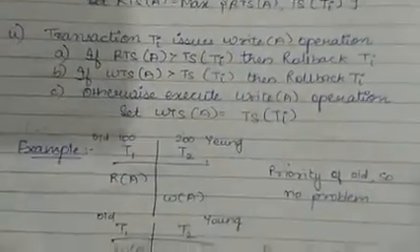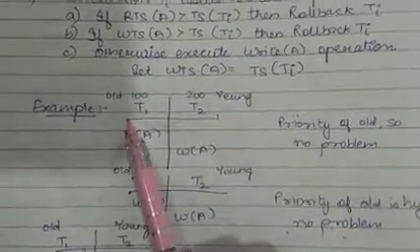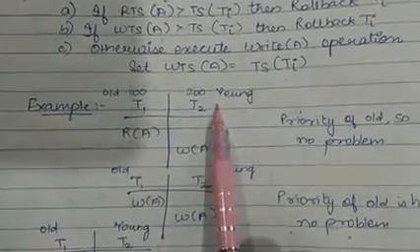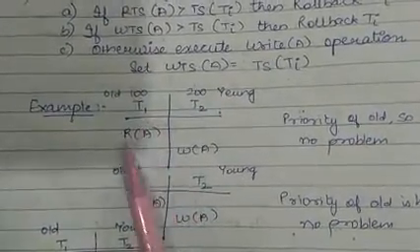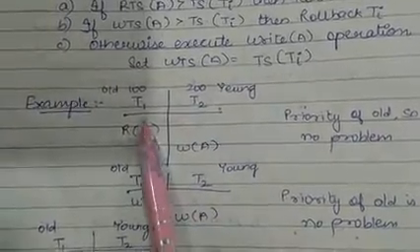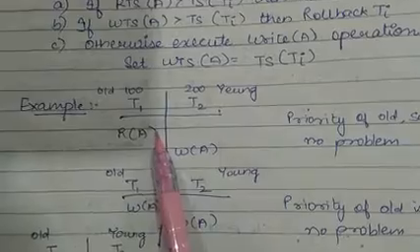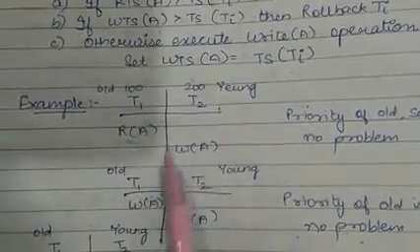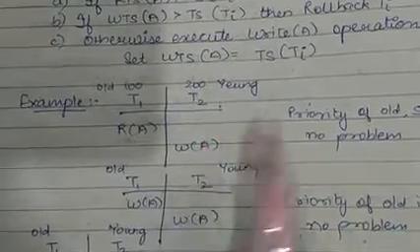So I have an example. Say I have two transactions, in which transaction 1 is T1 and the second transaction is T2, and here I have a read operation and there is a write operation. Let's see how this is executing: firstly T1 is executing and then T2 is operating some operations.